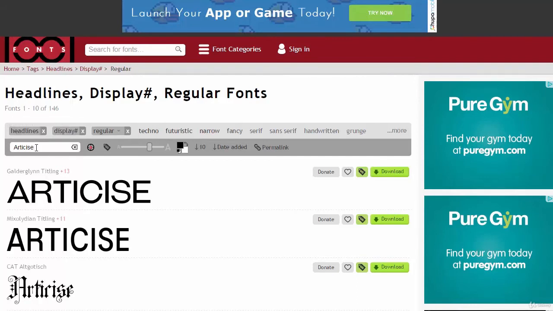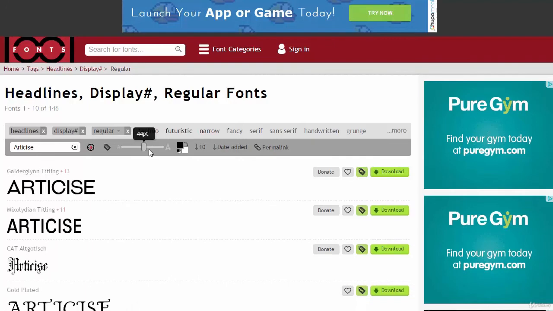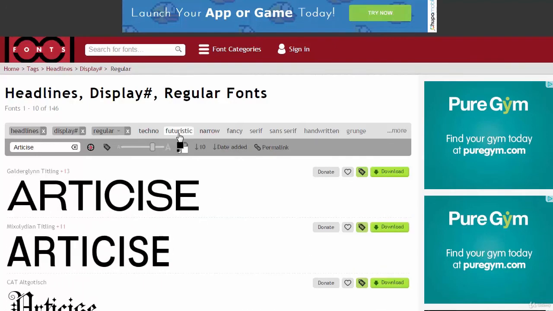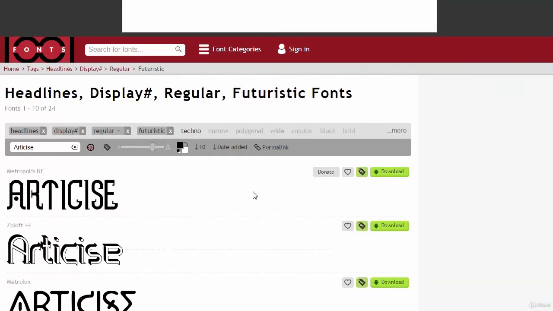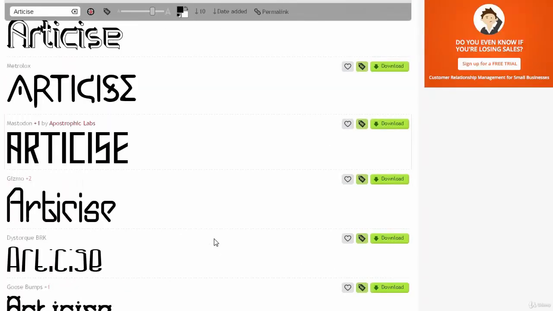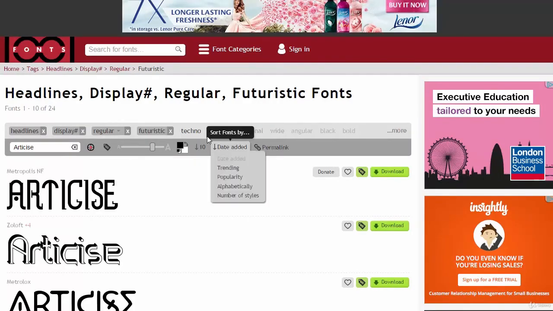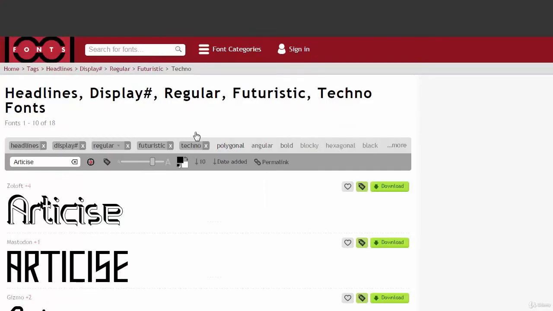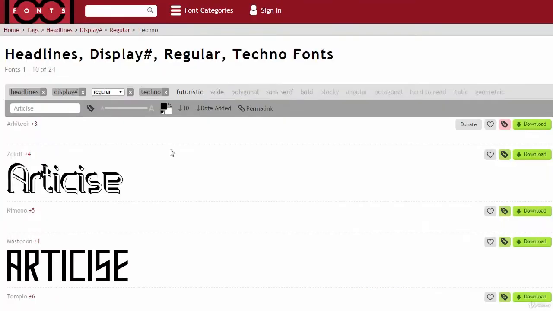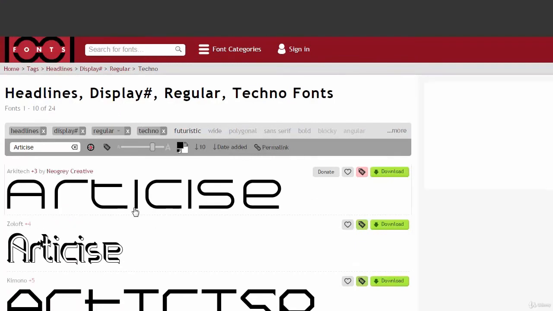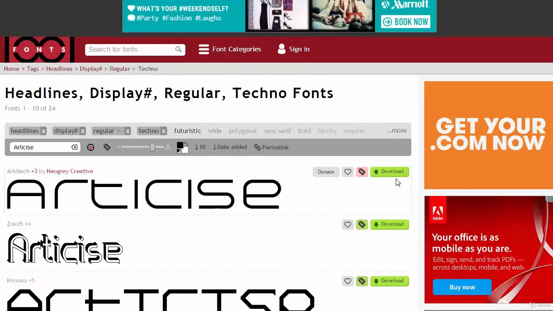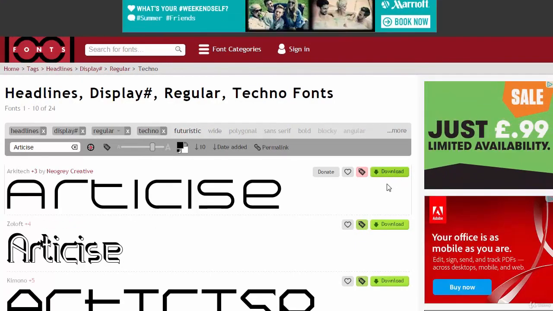So you just type it in. I've already done this to save time. And then you can test different fonts and different sizes. You can look at futuristic, and then you can scroll down and see anything which looks good. They have thousands of fonts, and what type of font you use really depends on what product you have. But if you see something that looks good, you basically download the font, then you upload